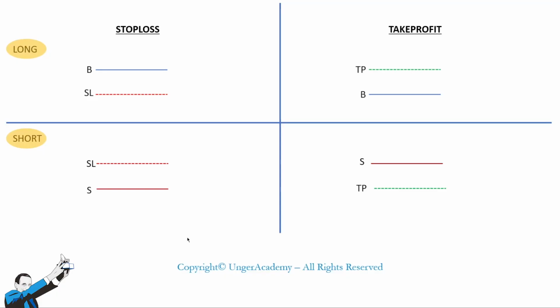Okay. So stop loss and take profit, as mentioned earlier, are strategies to exit positions. Now in this image, in this sort of matrix, we divided them between the long side and the short side. Now as far as the long side is concerned, the stop loss is placed below the entry level. While on the other hand, for the short side, the stop loss level will be above the level of the short order. On the other hand, of course, it will be the other way around for the take profit.